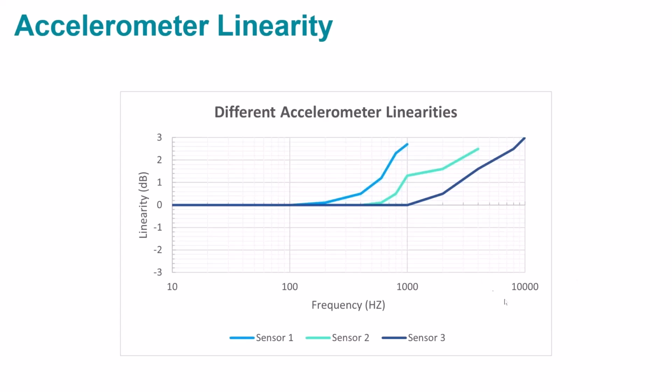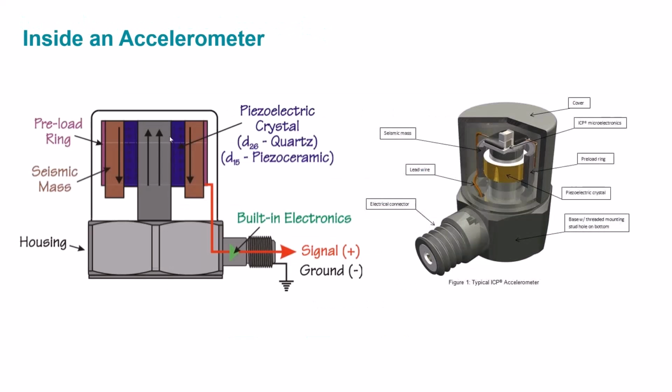If you need to measure beyond, like, 10,000 hertz, for example, and you want it to be really linear, you have to buy a very specific accelerometer for that. If you're really interested in low frequency or 0 hertz, there's a bunch of accelerometers that are specifically designed for that as well. We've got this piezoelectric crystal, we've got a seismic mass, we've got a preload ring, and then